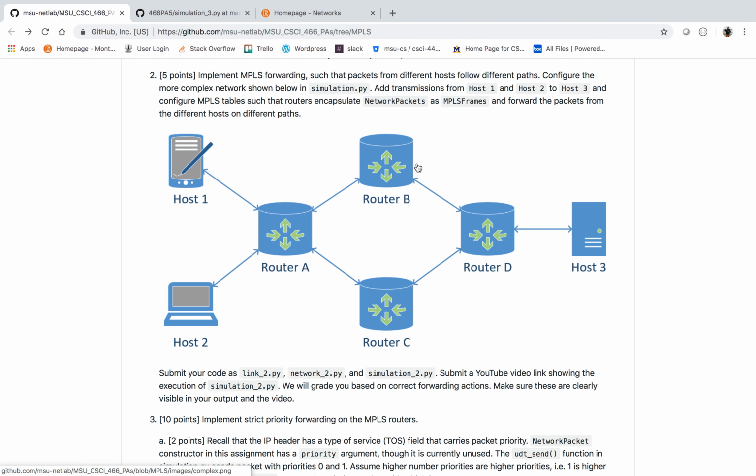Okay, so this is going to be part 2 for the MPLS lab. In part 2, we need to implement MPLS forwarding such that packets from different hosts follow different paths, and configure the more complex network as shown below, add transmissions from H1 and H2 to host 3, and configure MPLS tables such that routers encapsulate network packets as MPLS frames, and forward the packets from different hosts on different